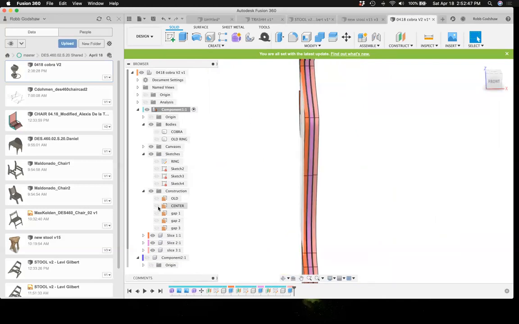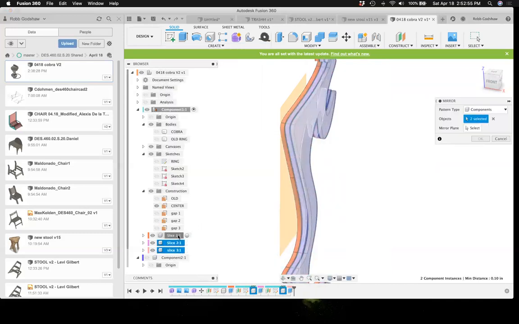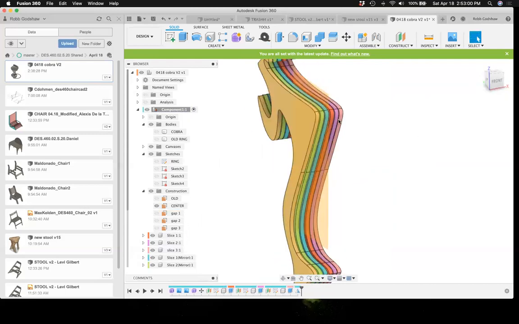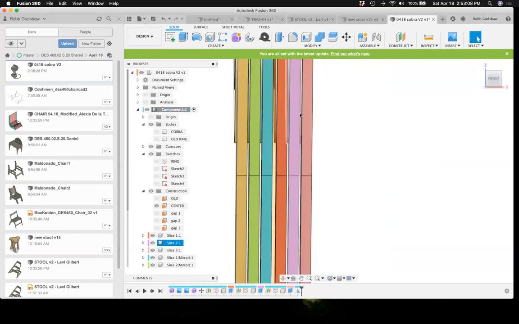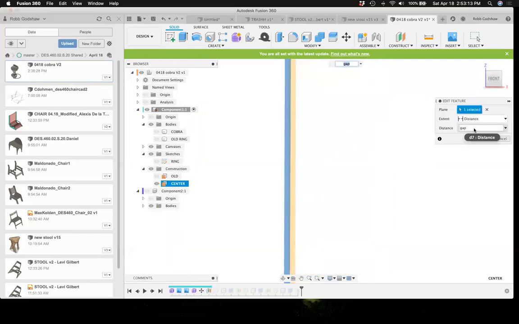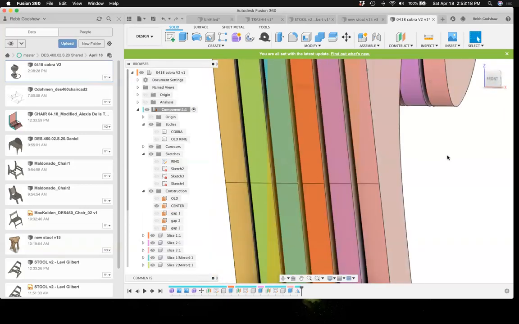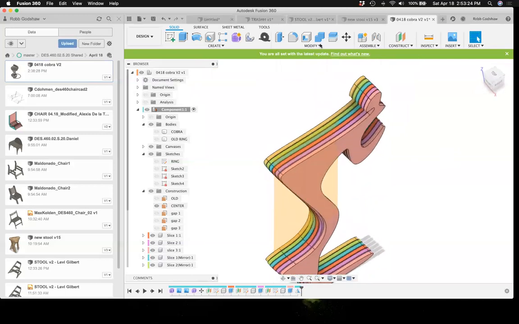Okay, moment of truth. No, actually, first I'm going to do the center. I'm going to make the center visible, and I'm going to create a mirror of these 3 components across this center plane. Oh. Okay, I made a small mistake early on. This first offset plane should have been gap divided by 2. There we go, now it's fixed. And now if I go into parameters, modify,